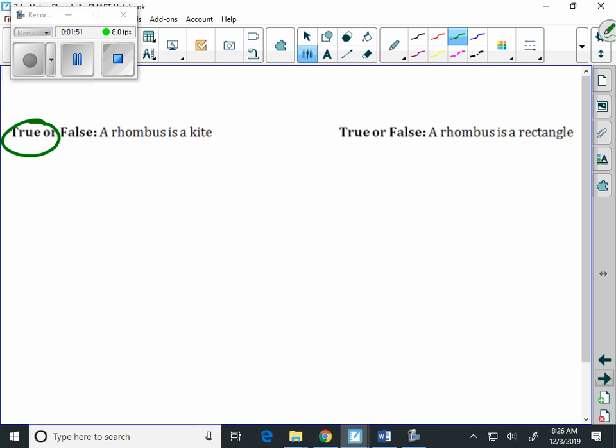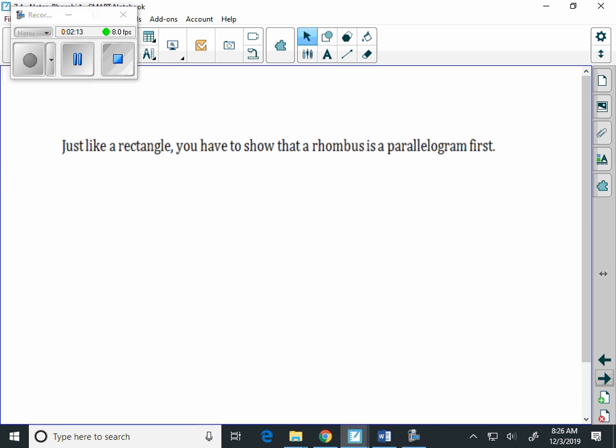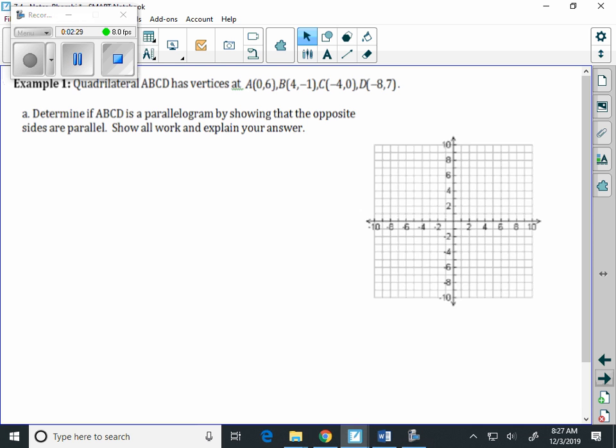But can we say a rhombus is a rectangle? And the thing is, this one is false. It could be a rectangle, but a rectangle has 4 right angles, and a rhombus doesn't necessarily have 4 right angles. But to show that something's a rhombus, just like a rectangle, the first thing that we have to do is show that it's a parallelogram first. So these problems get more and more in depth when we look at these,